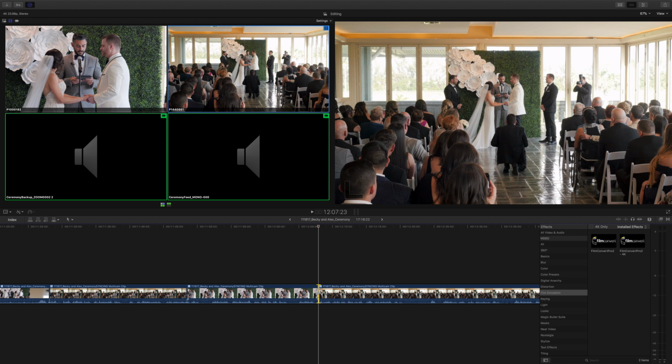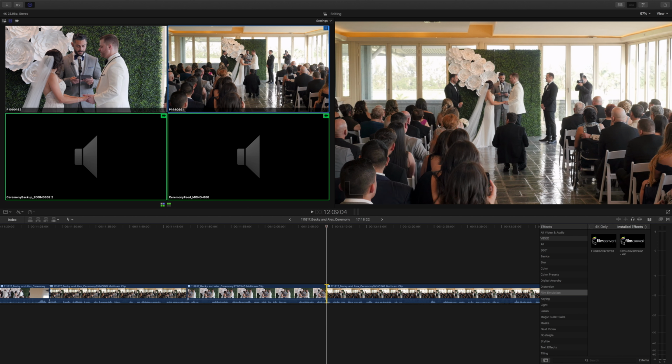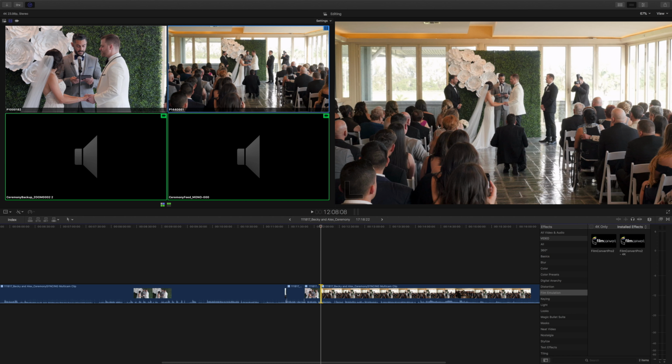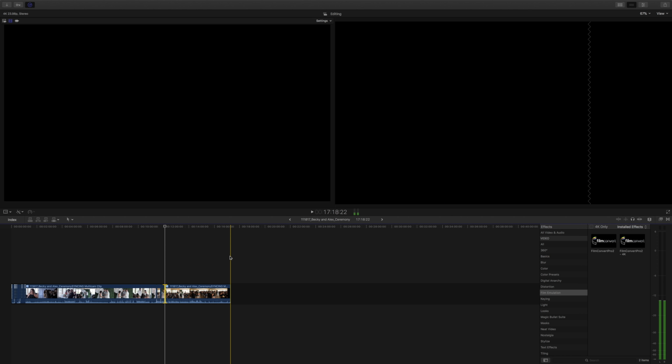If you want to nudge 10 frames either way, you press Shift while you're doing that. It'll do 10 frames. It's a nice little trick if you want to nudge more than just one. This is just one frame. These are 10 frames. So once you get that going, the last thing that you basically need to know is